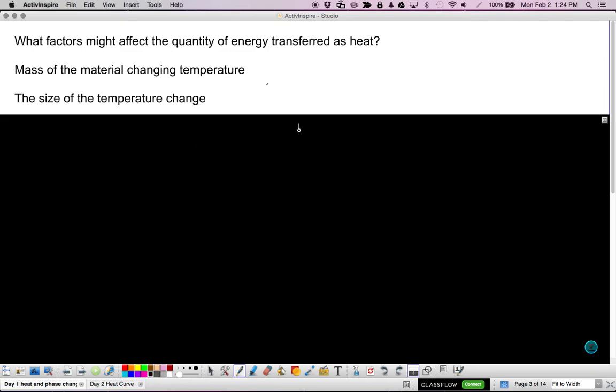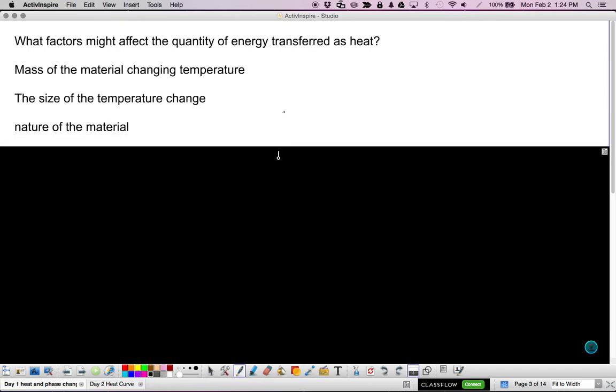And then the last thing that you probably came up with, maybe didn't say the same way, is nature of the material or identity of the material. So if you had like hot rubber, that might not transfer as much energy as hot iron. Okay, so let's keep all these things in mind,